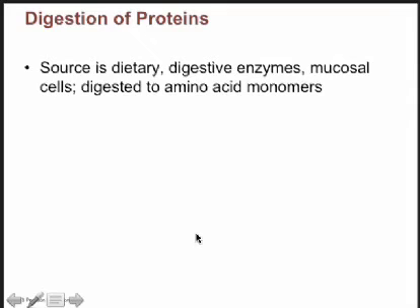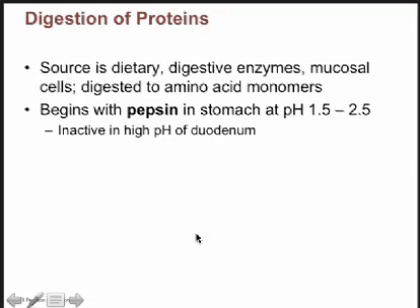Digestive enzymes and mucosal cells have enzymatic components that are designed to break down these proteins into their amino acid monomers. It begins with pepsin in the stomach. Pepsin has its pH optimum between 1 and 3. As a result, the acidic environment of the stomach represents the perfect place for pepsin to begin the degradation of protein. It's actually produced as an inactive form, pepsinogen,